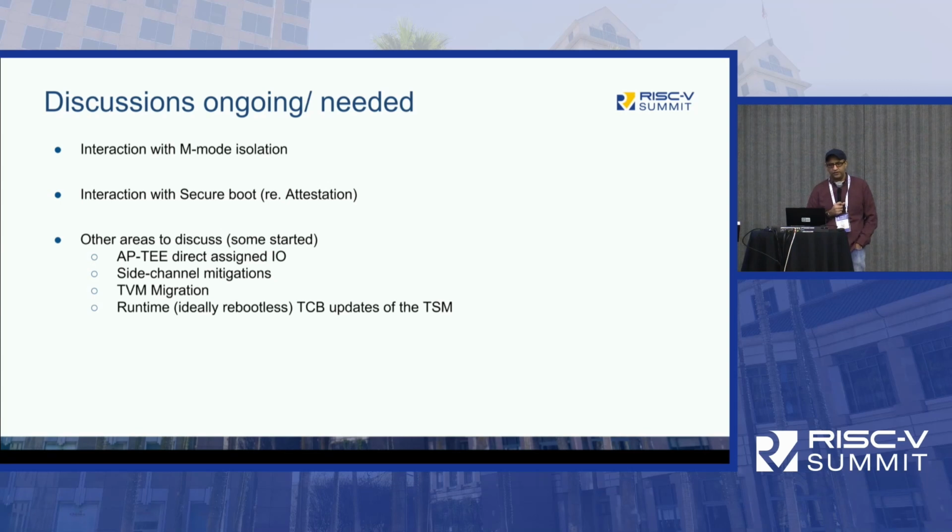There is an interaction with M-mode isolation, or what we used to call lightweight TEE in the work group. And there's been some discussion there on what's the right architecture we want to recommend, and what support do we need in the ISA for really tightening up the TCB components that run in M mode, right? So in the AP-TEE architecture, we have a TSM driver that runs in the M mode, right? One way we could harden that architecture is by deprivileging other components out into U mode, or we could build some ISA support to isolate components within M mode, right? So there are a couple of those discussions that are ongoing.